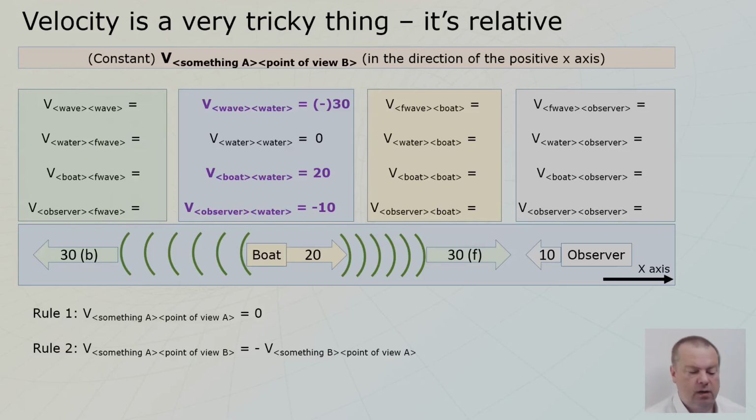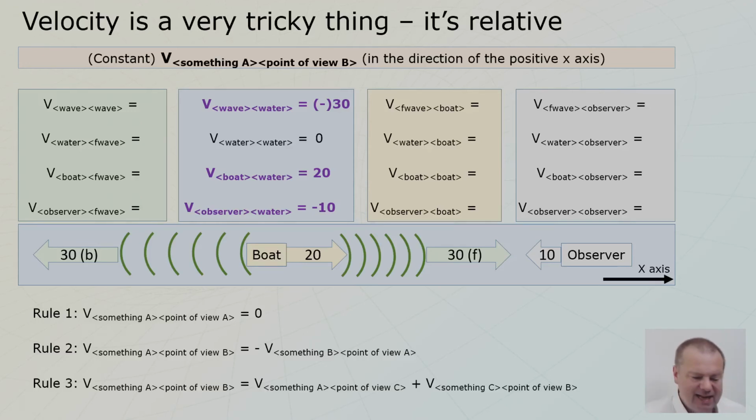There's a second rule. I should have told you maybe before you paused the video, but maybe you figured it out yourselves, which is even better. If you say the velocity of something A from the point of view B, then the velocity of B from the point of A is just a minus sign. If you are moving towards me, your velocity is in my direction, maybe the negative x direction, but from the observer, I'm moving to the observer. So when you switch perspectives between two, you just put a minus sign in front of the velocity.